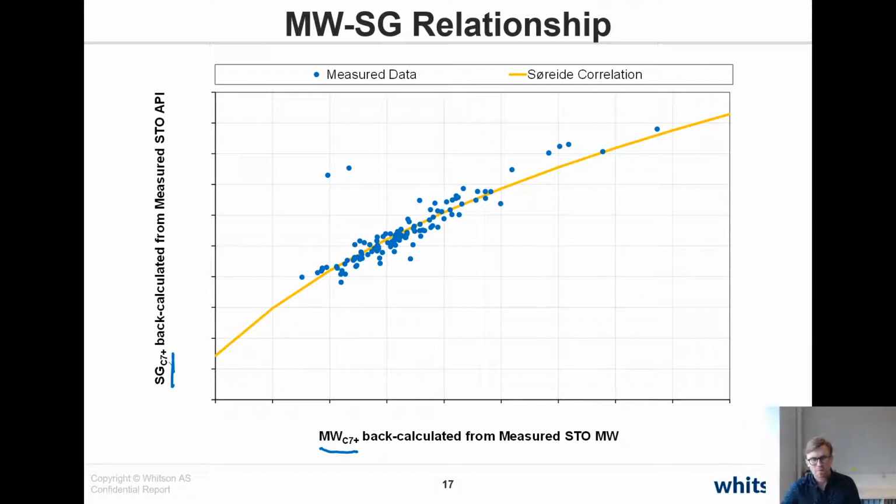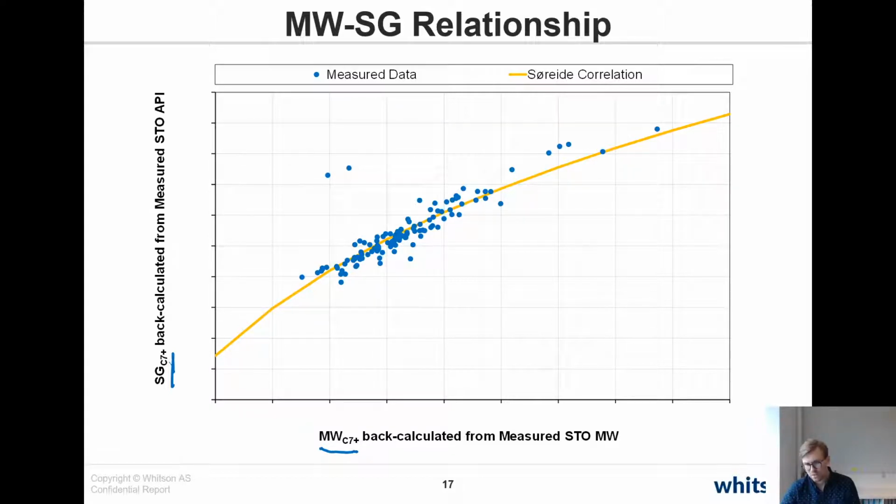I guess what's important to emphasize here is that there are typically a lot of C7 plus molecular weights and specific gravity numbers reported in different PVT studies, but most of the time they're actually calculated based on the specific gravities and molecular weights from Katz-Firoozabadi. And we'll look at the differences, which sometimes can be small and many times can also be very, very large. So it's very important that you actually do this back calculation yourself